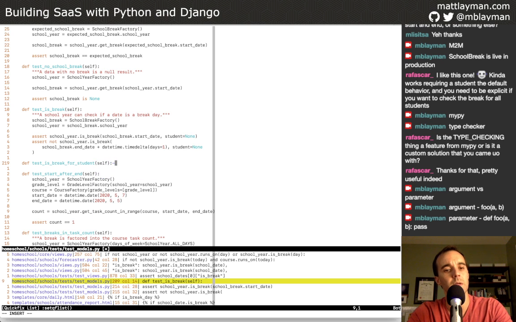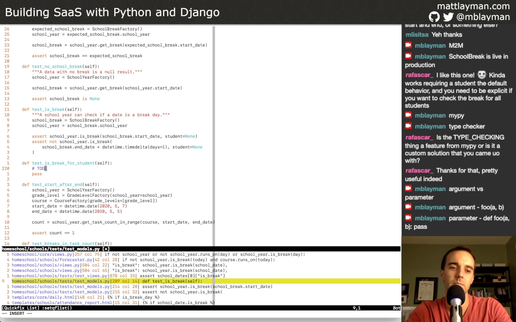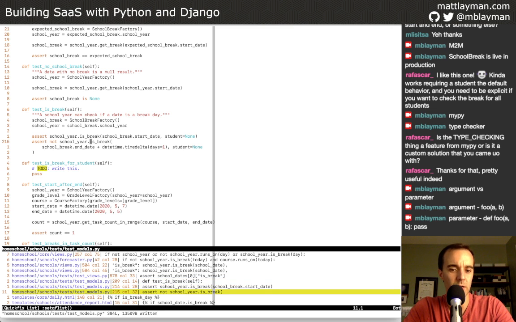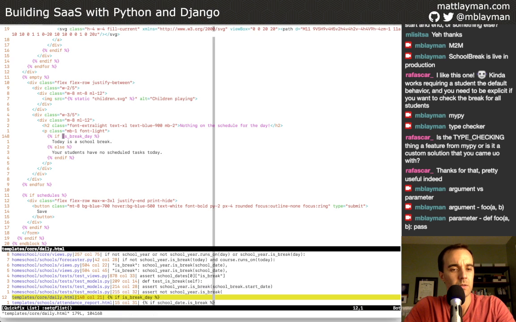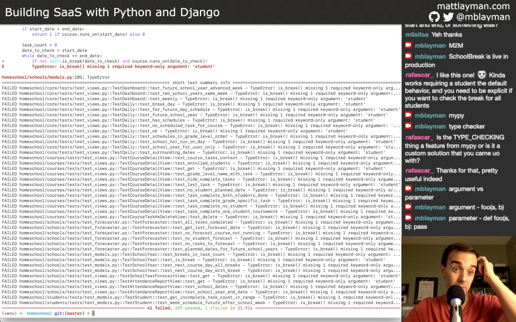So let's mark that as a pass for the moment. And another to-do. All the kinds of cleanup that will be necessary. So we've got that is break check and that one. This is a template thing, so that's not an issue. Those are the templates.